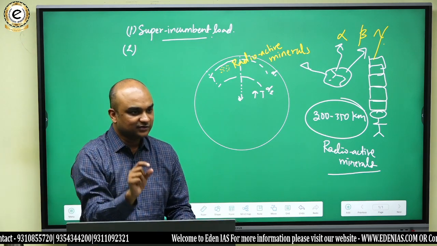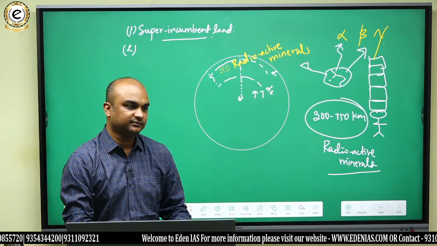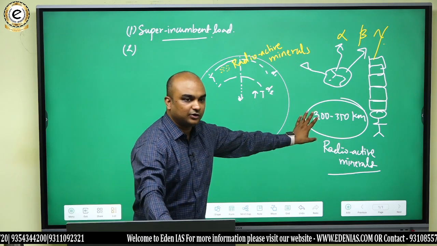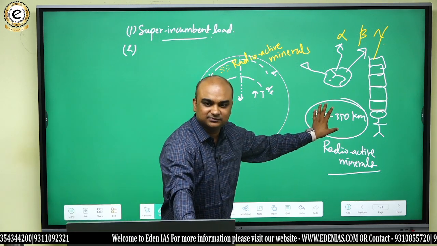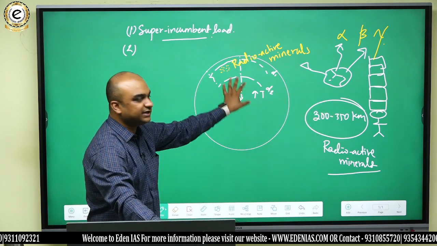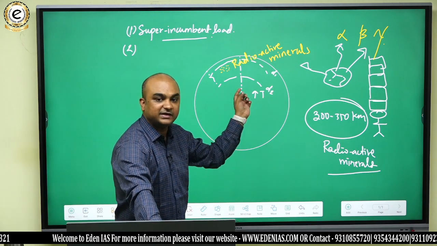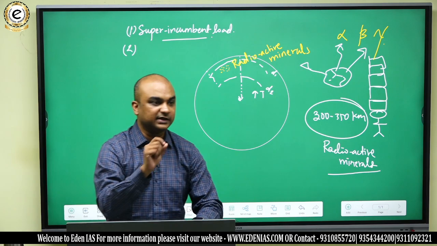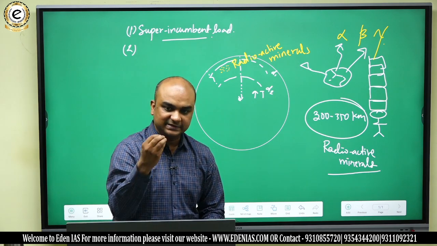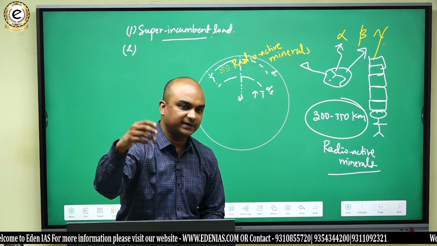समझ में आ रहा है ना? ये रेडिएशन इतना हीट जनरेट करते हैं कि रॉक्स को भी पिघला देते हैं. अब देखो 300 to 350 किलोमीटर में कैसा है रॉक्स? प्लास्टिक. रिमेंबर दिस इज एस्टेनोस्फीयर. You get that? So on several locations inside there, मैंने आपको एक लोकेशन बताया, कई सारे लोकेशन है where we have rich concentration of what? Radioactive minerals. When they disintegrate, they emit alpha, beta, gamma radiation which generate heat.